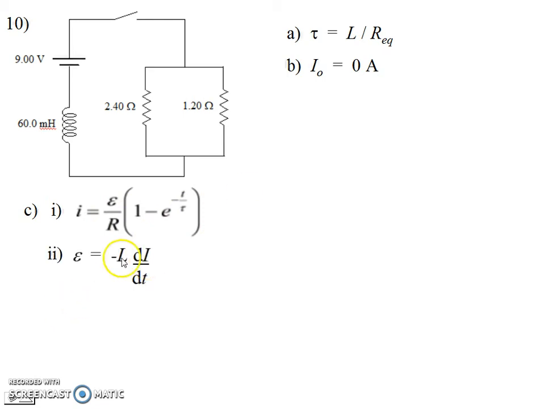So here's one way. We can use the definition for the EMF across the inductor, negative L di/dt. So we take this equation, we differentiate with respect to time, put the numbers in, and the inductance. However, we could also say that the equivalent resistance drops voltage from IR, this is really R_eq, and